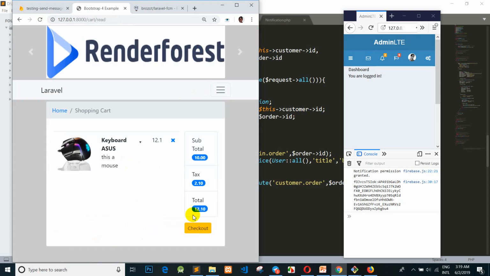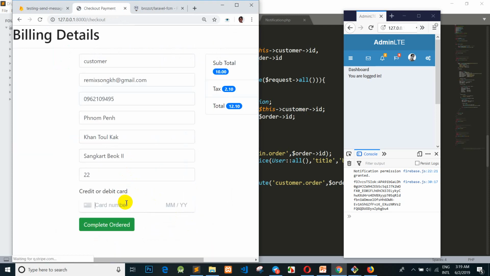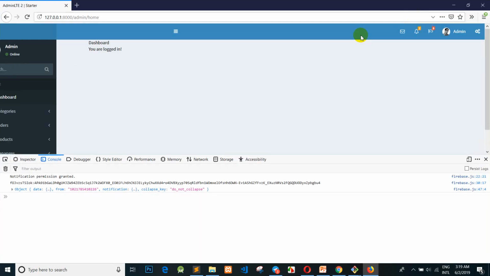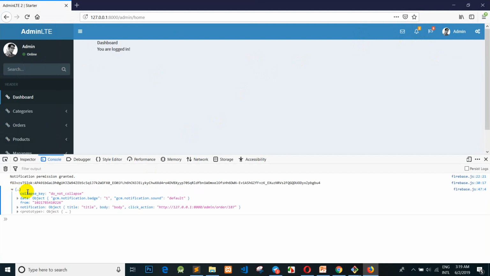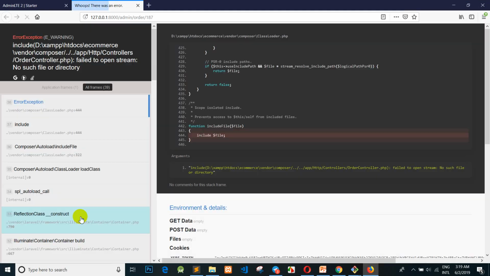So check out. Yeah, we press enter and then it sends to the admin page. Okay, so when we click the action, we have the order ID. So when I click here,